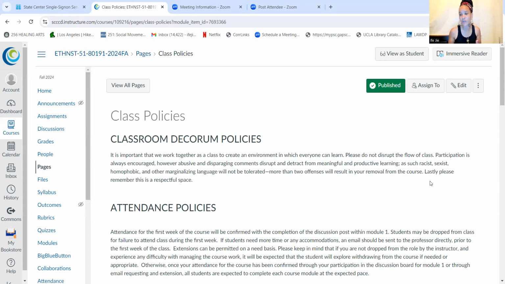This is very essential because we're living in a society now where people tend to disagree and then they get personal when they disagree. And that's not necessary. And to be honest with you, in the academic space, that's not necessarily welcomed either. We can disagree without personally having problems. So I want to bring that to your attention and make sure that you hold yourself accountable as you're engaging with your classmates on our course discussions and as we engage as a class.